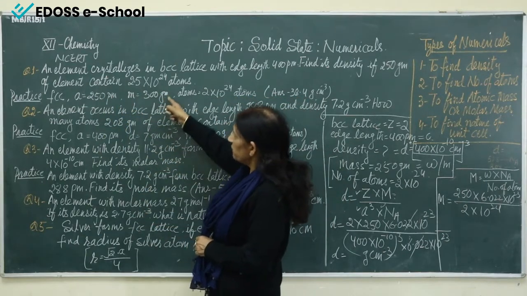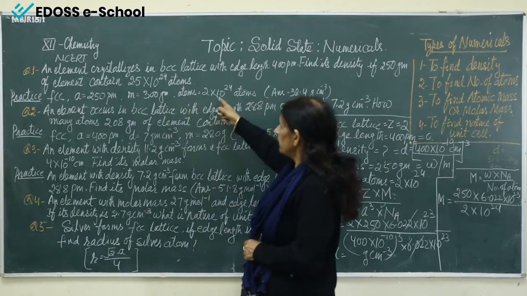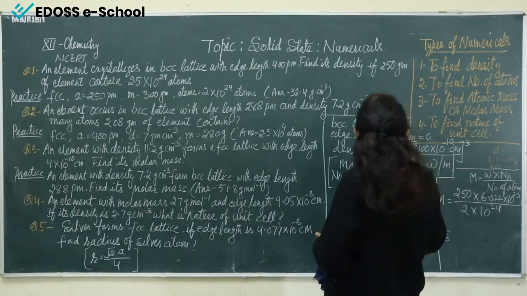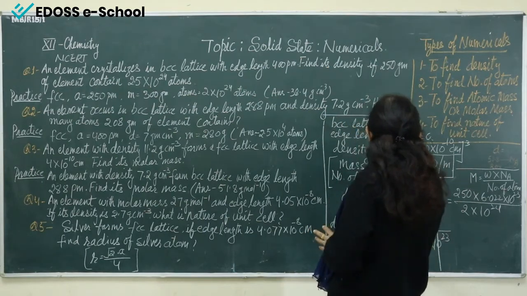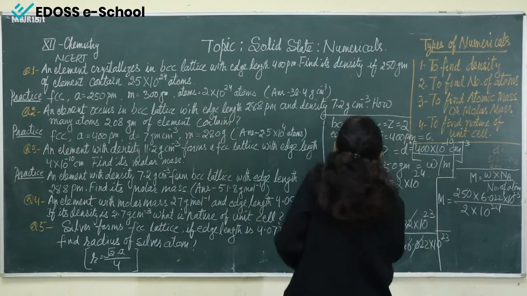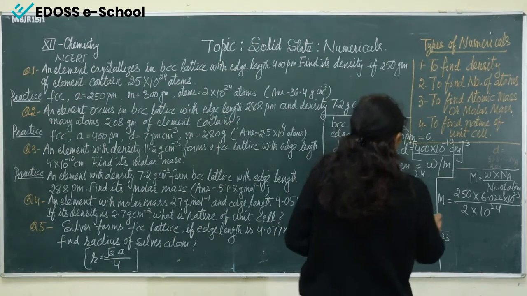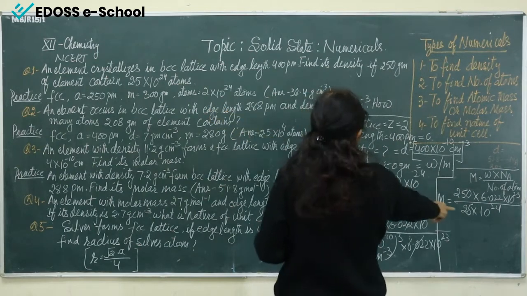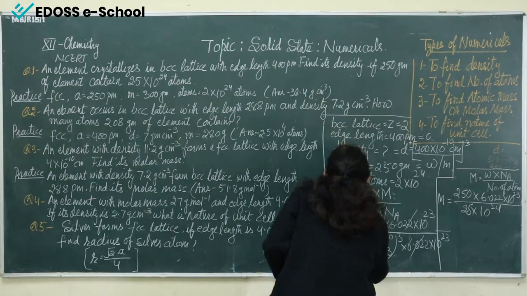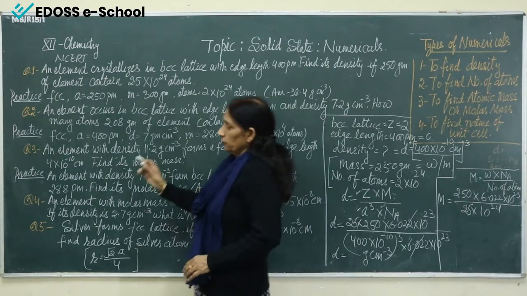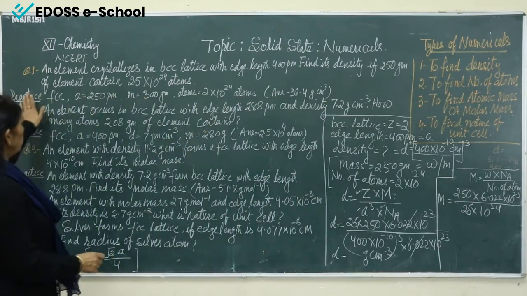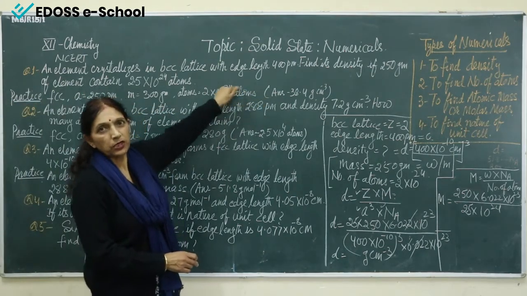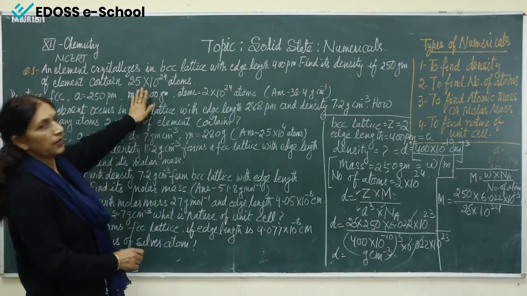And M, same way it is given 300 and number of atoms is 2.5, sorry, 2.5 into 10 raised to power 24 atoms. So this practice question you can do. I have given the answer also here for this question. So if you attempt the question same way, you can get the answer.